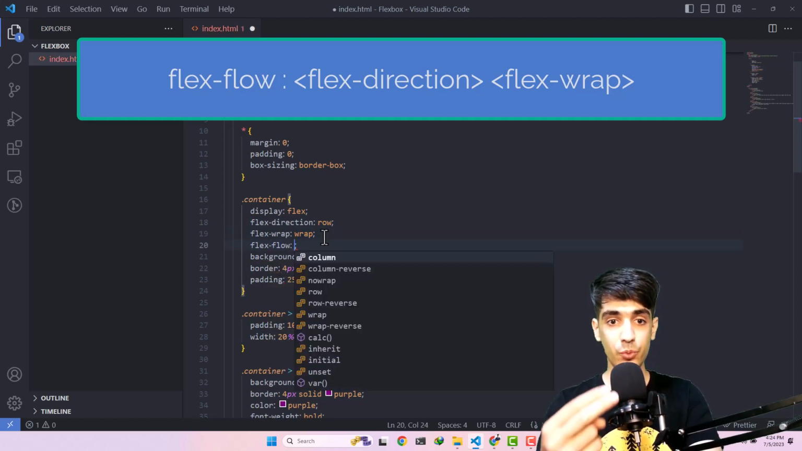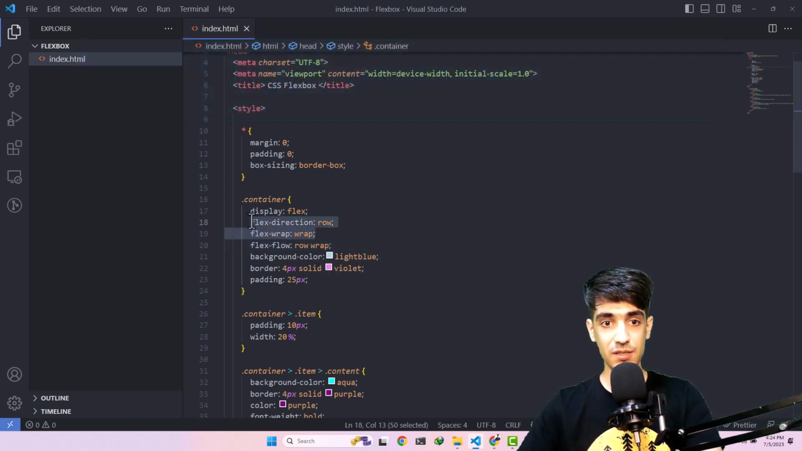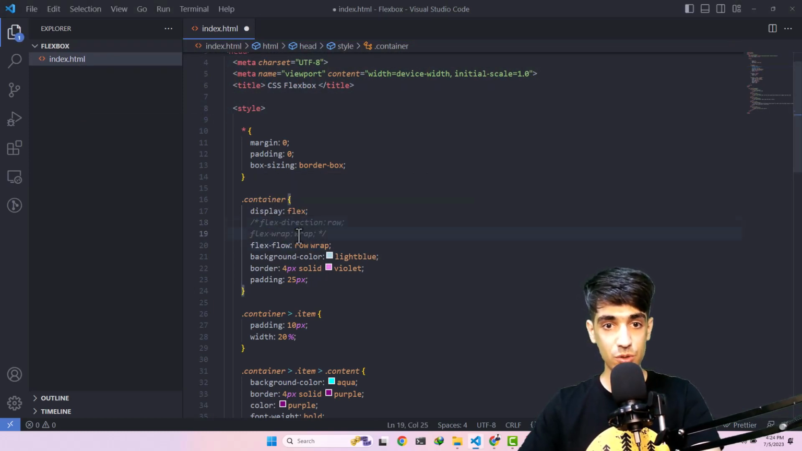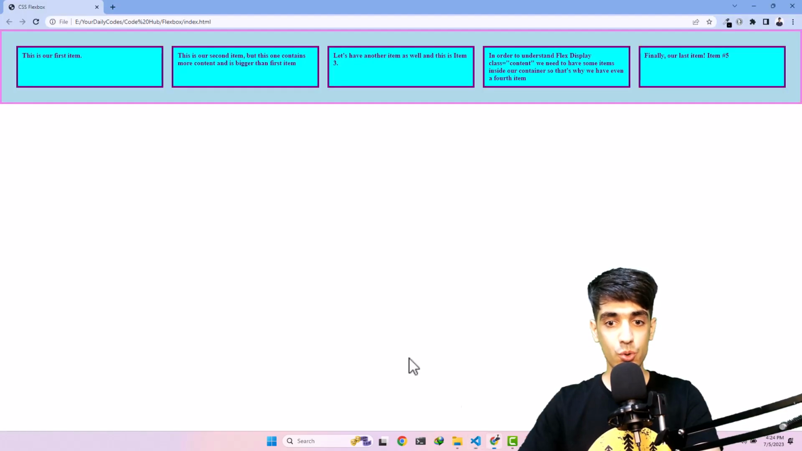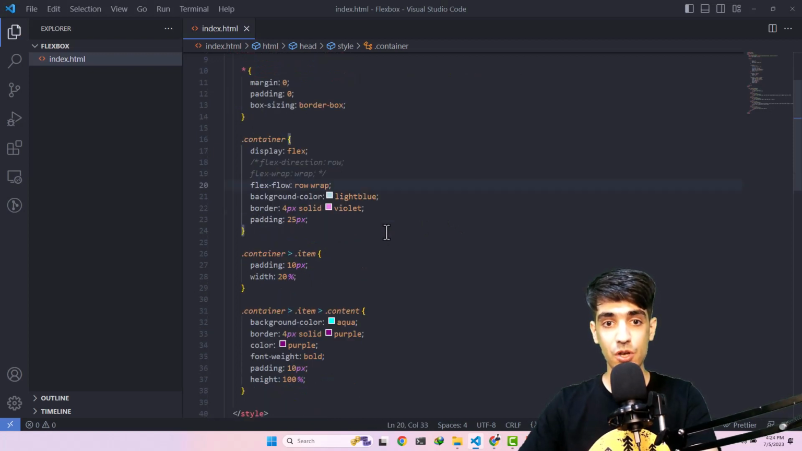In flex flow, we write two values. The first value is flex direction, for example, we can say row, and the second one is the flex wrap. We can say row wrap. And see, this line does exactly these. So let's comment these two lines that we wrote, and this line just does the exact same. So this flex flow is nothing new. It's just a shortcut for what we had. If you hit refresh, sure enough, nothing changes. So this is something that I wanted to mention as well, because I want to cover everything about CSS Flexbox